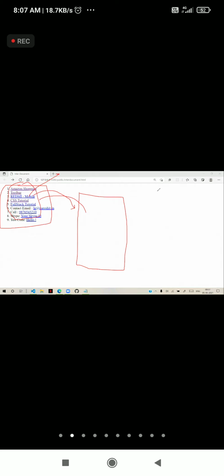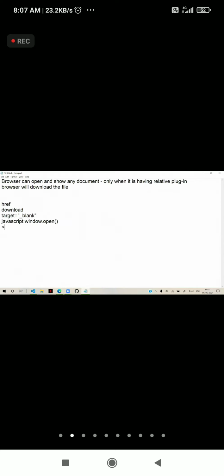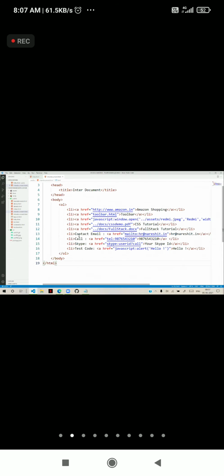This requires an extra concept called iframes. We can do that by using iframe. Iframe is used for embedding like that. Now, how to open the links and display them in the same page? What is iframe? How can we deal with iframe? That we will see in our next session.